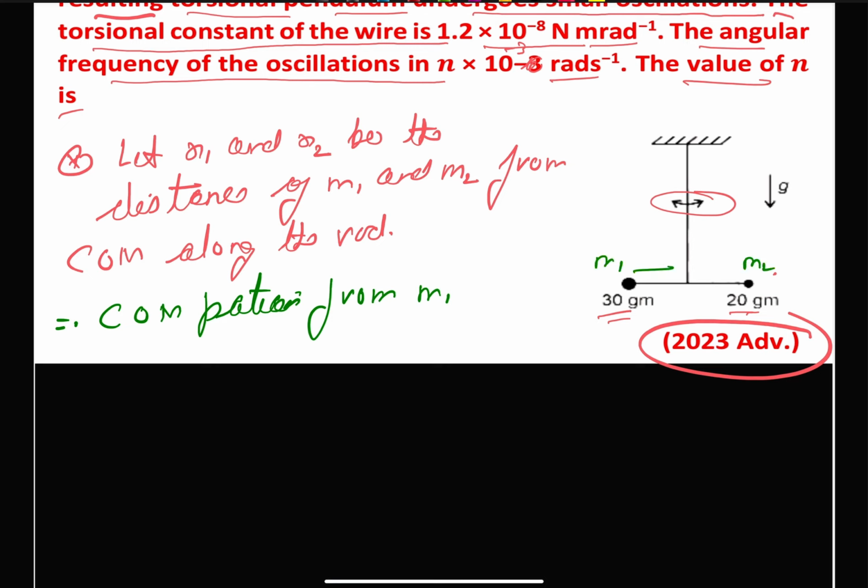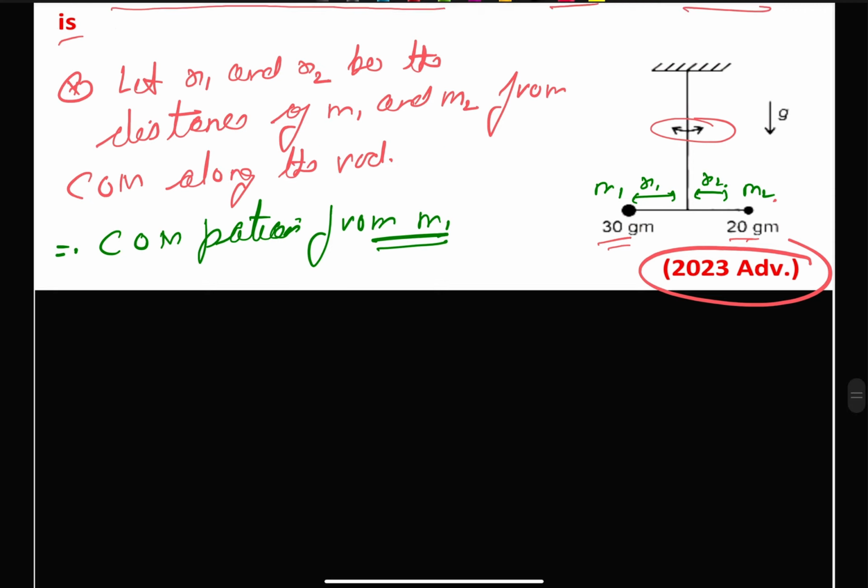This distance is our x1 and this distance is our x2. So we are going to find out center of mass from M1. So we can write this as xCM will be equal to M2 times L divided by M1 plus M2,